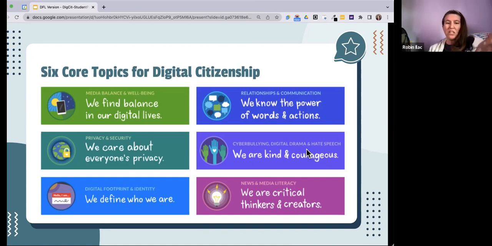Just looking at them, right, you can take the word digital completely off this entire thing, and they still are goals that we should all be achieving. We need to find balance in our lives. We need to care about each other's privacy. All of these are still things that just being a kind human being does for each other in the world that we live in today.